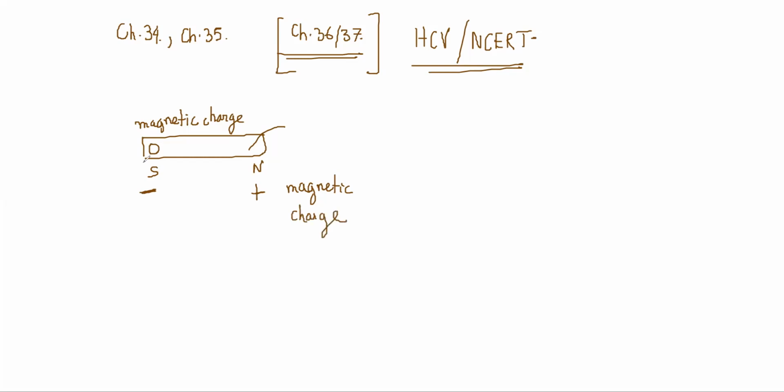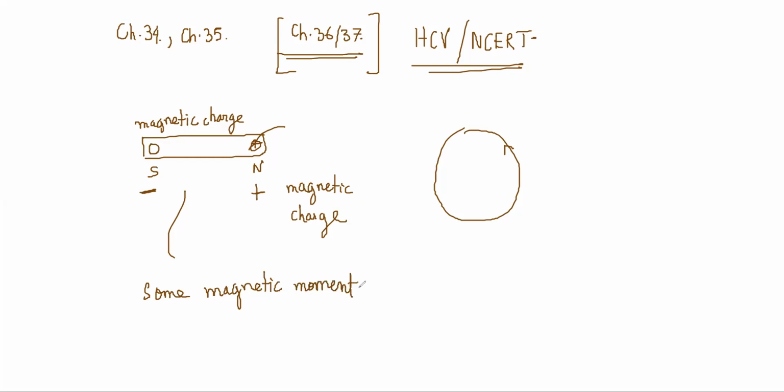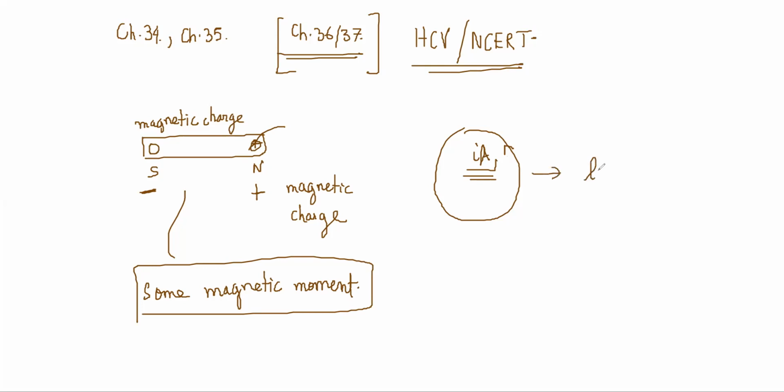Magnetic charge. What is happening basically is that this bar magnet is like a little tiny current loop. The bar magnet has some magnetic moment. So ultimately it is going to be a tiny current loop with magnetic moment IA. Now the problem is that it is harder to do the calculation using current loops. If someone asks you what is the magnetic field due to a magnet, it will be harder to do calculations using this logic. This logic would not be helpful so much.